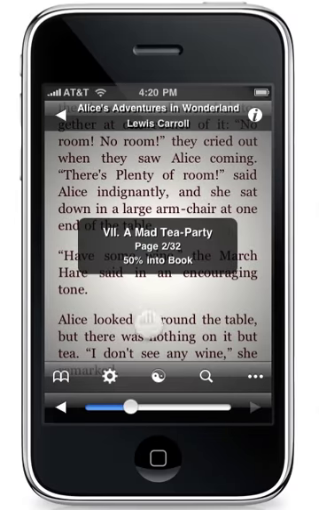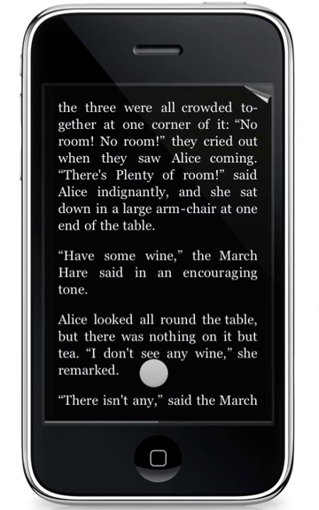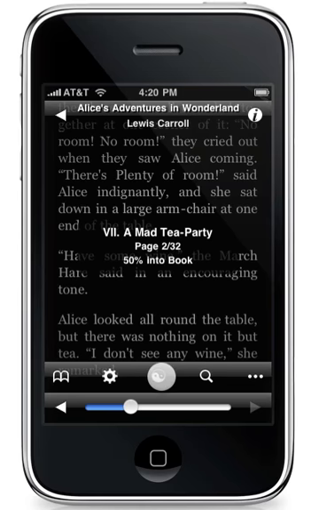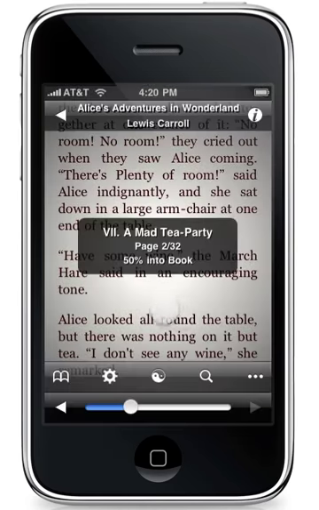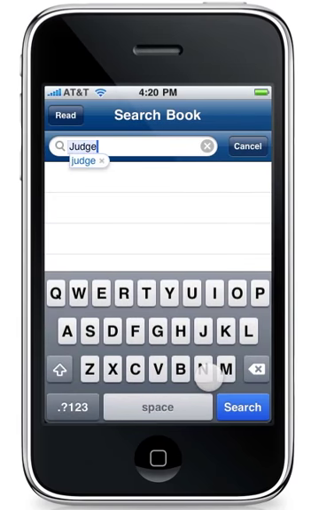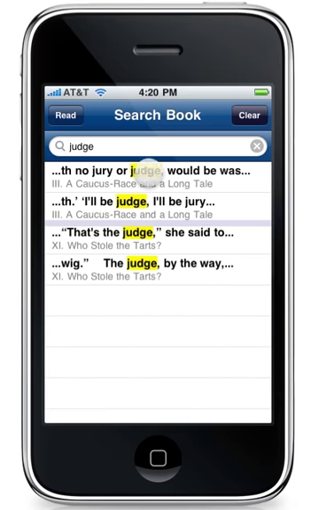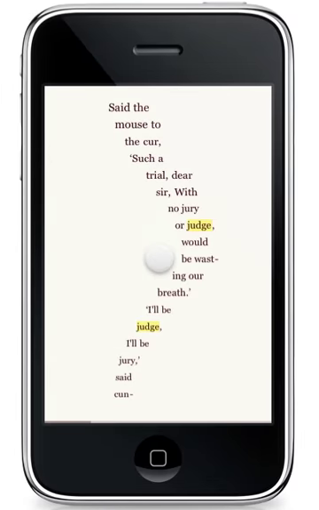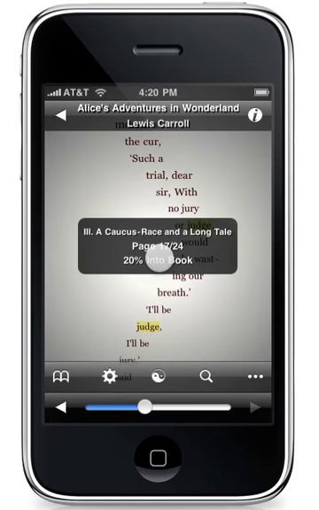The next toolbar button toggles between nighttime and daytime reading modes. And the next button lets you search in the book. The last button provides more options and allows you to customize the buttons on the toolbar, but for now, let's go out of the book using the button in the upper left corner and find some more books to add